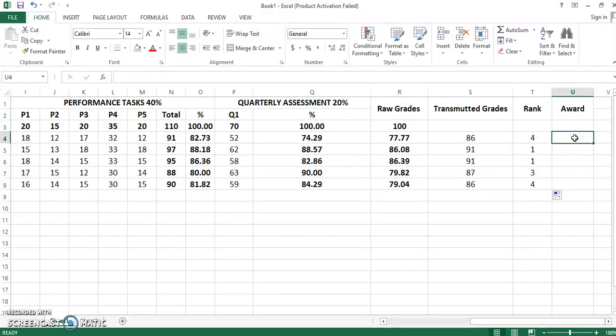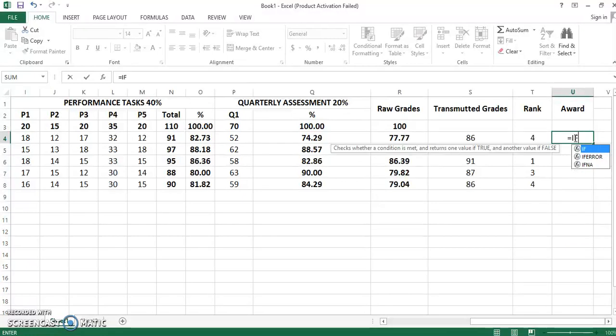So for the awarding, maybe this is the longest formula. So the IF function. So equals the IF function, and then click the first student's transmuted grade. Okay, the first one that you click will be the transmuted grade of the given student. Then greater than, if the student is greater than 90, or if he or she gets the 90, then with honors. So greater than 90, just type 90, and then colon, open quotation mark, write WH, which means with honors, close quotation mark, and then again, we have the colon, IF function again,